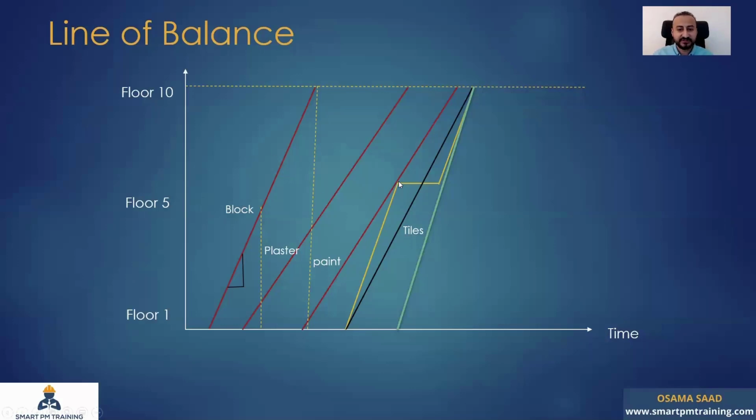How can you achieve tiles before the paint, for example? I'm only giving examples, by the way, but some people have different sequences. It's only an example. So you're going to wait a little bit, have the 10 masons idle on site, then you allow for the paint to progress a little bit, then you continue working to complete with the 10 masons. So this is one scenario, which is not recommended. The second scenario,